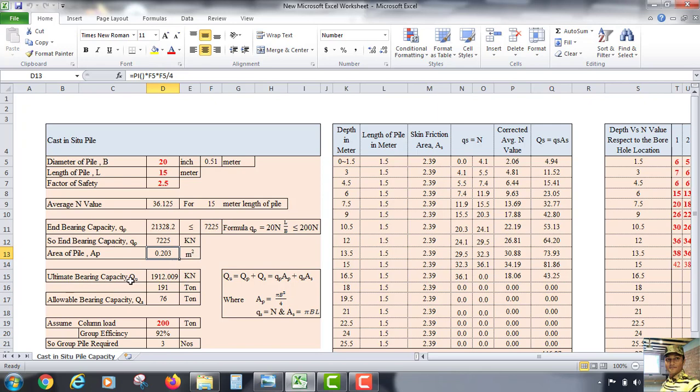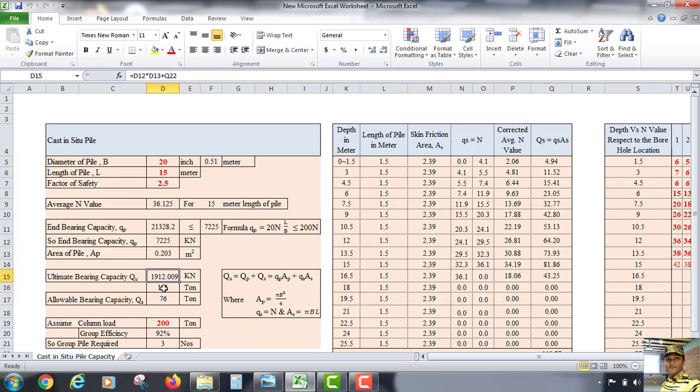The ultimate bearing capacity Qu formula is Qp plus Qs, where Qp equals qp times Ap plus Qs equals fs times As, and Ap is equal to pi B square by 4, and fs equal to N and As equal to pi B L. According to this formula we have got this result.